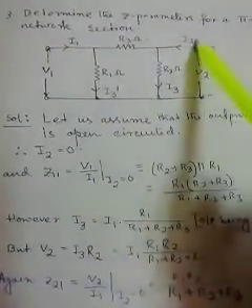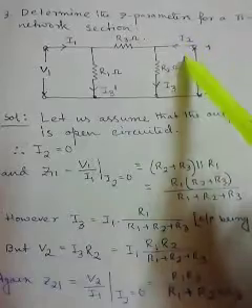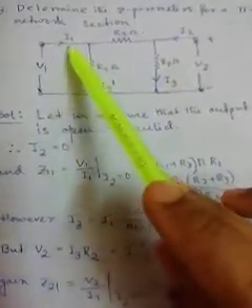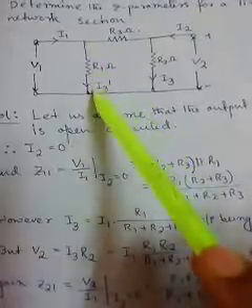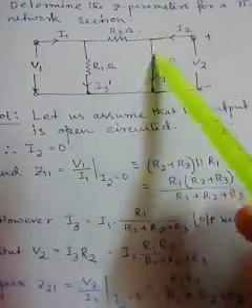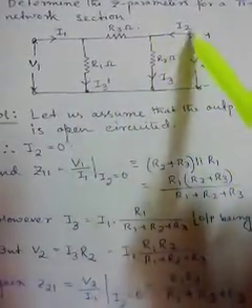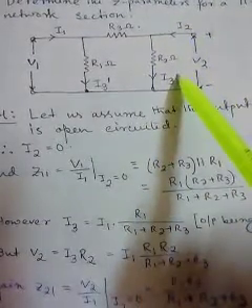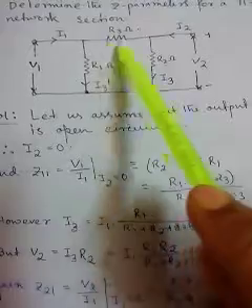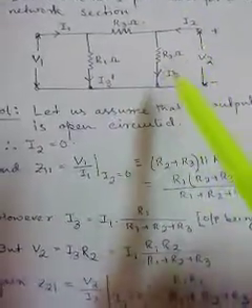Under this condition, when your I2 is 0, the current starts to flow from this point and then reaches here, meaning one part will flow here and another part will flow here. So because of the 0 value of I2, your R2 will carry a part of I1 through this path.